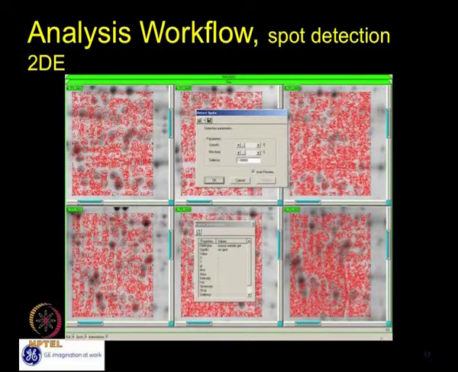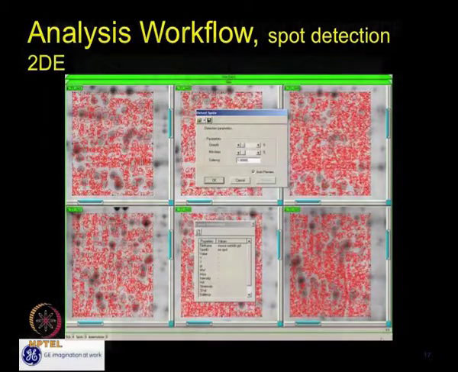Exactly. Even here there is another option. I think that they maybe removed that particular area. It's not detecting this particular right-hand portion at all, because there is another option, exclude area. So one can exclude that particular area in the analysis. It means if you are interested in only a certain region of the gel, then one can easily include that particular portion only.